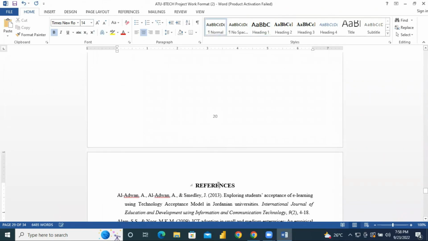So we have the references also showing what? And when you click on it, it shows what? 14. So format your work. Just take a few minutes, download the document from the ATU Space or the institutional repository, then go through to format your work properly. What we did over here is the same thing